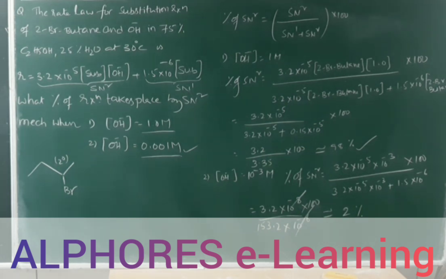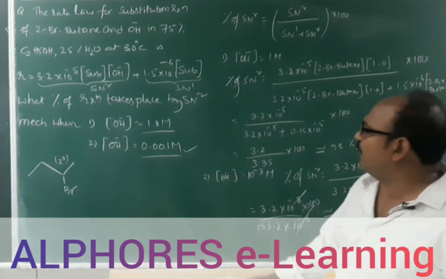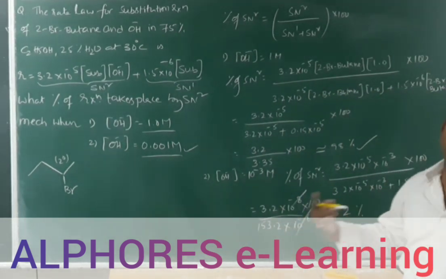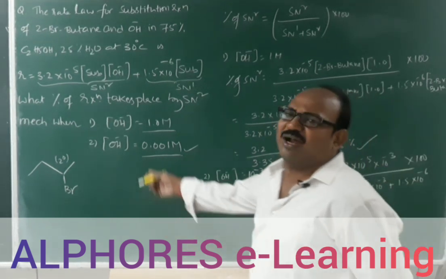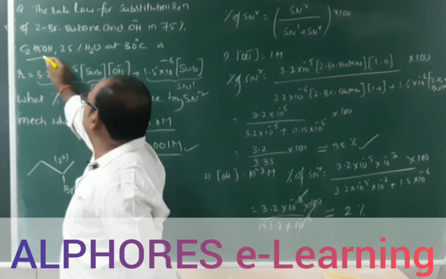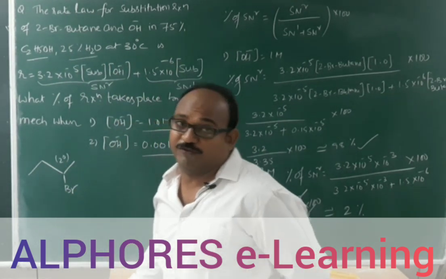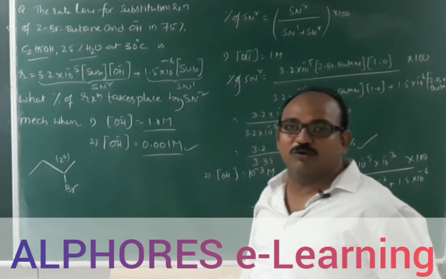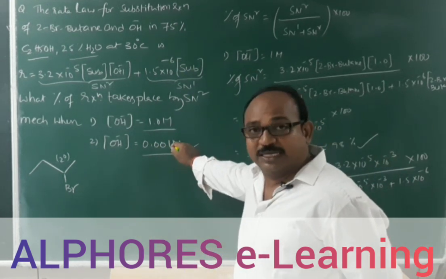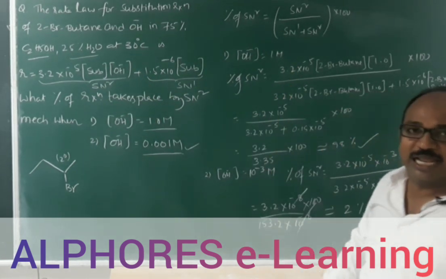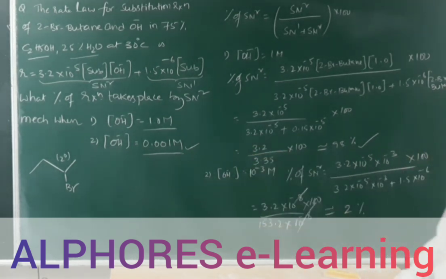That means when we decrease the concentration of the nucleophile, obviously solvent molecules try to participate in the reaction because the nucleophile concentration is very low. Of course, here the solvent is ethyl alcohol 75% and water 25%. So more alcohol molecules are there and fewer water molecules compared to this one. Hence, obviously the solvent molecules are going to take part in the reaction rather than OH minus. That's why the SN2 product decreases.